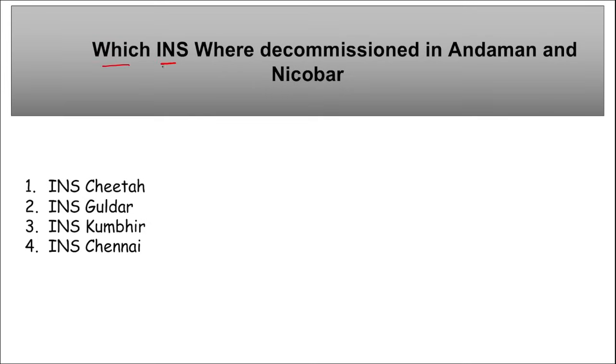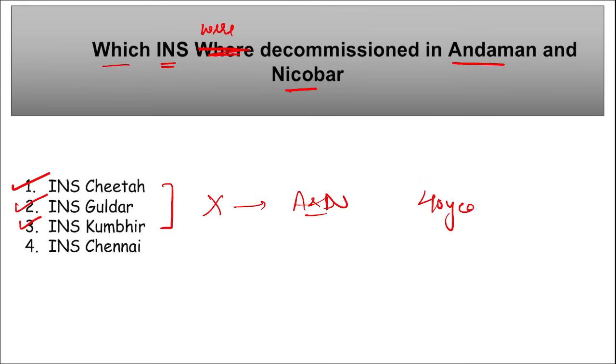Next, which Indian naval ships were decommissioned in Andaman and Nicobar Islands recently? So 3 INS were decommissioned. They are INS Cheetah, INS Guldar and INS Kumbhir. These are the 3 Indian naval ships. They were decommissioned recently in Andaman and Nicobar Islands. All these 3 ships served India for more than 40 years, correct, and now